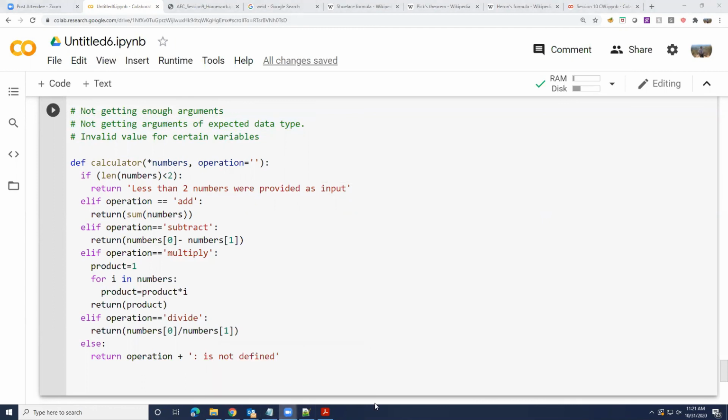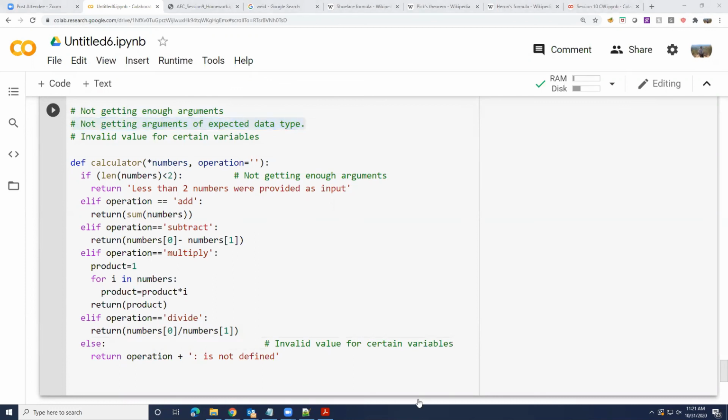Check type. Okay, how do you check type? So not getting enough arguments was fixed by this thing. Invalid value for certain variables is fixed by this one. Now we have to fix this kind of a problem.